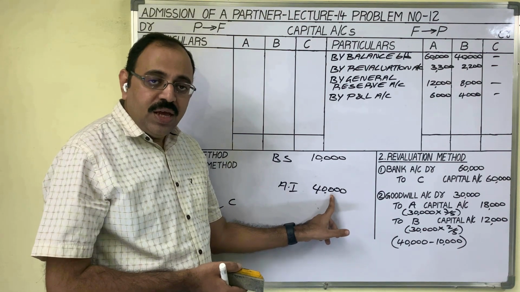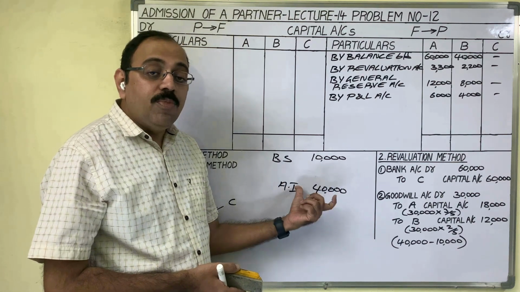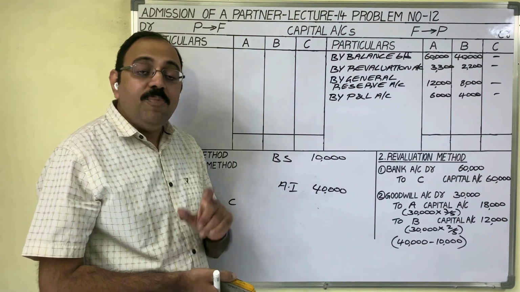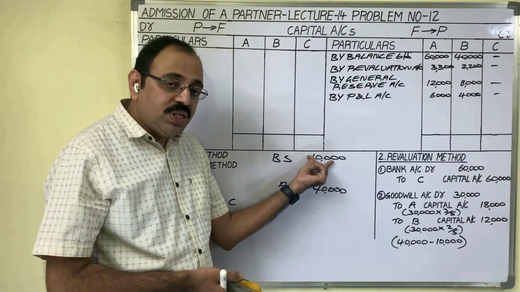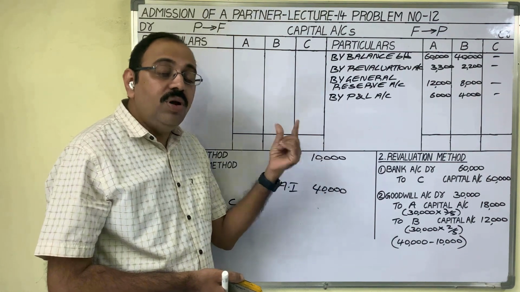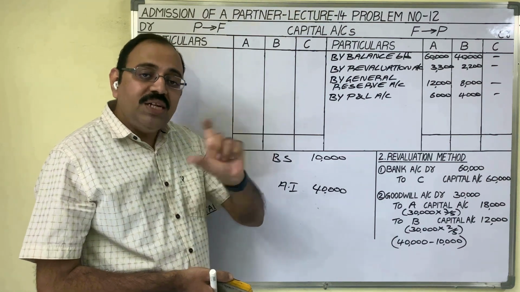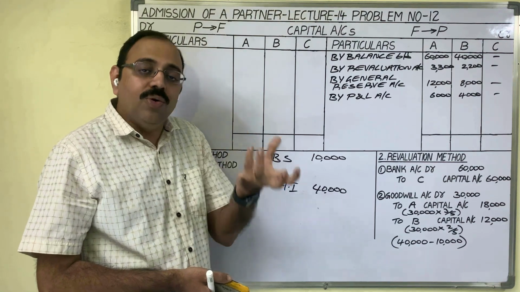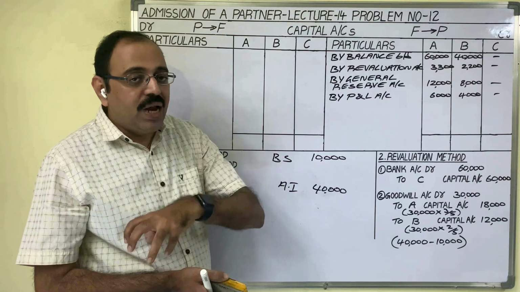Meaning is, in revaluation of this goodwill, goodwill amount is raised by 30,000 rupees. Compared to the present value of goodwill, its book value is less now, meaning goodwill amount is understated. Now with the difference amount 30,000 rupees, we have to create goodwill, and that 30,000 rupees we should transfer to